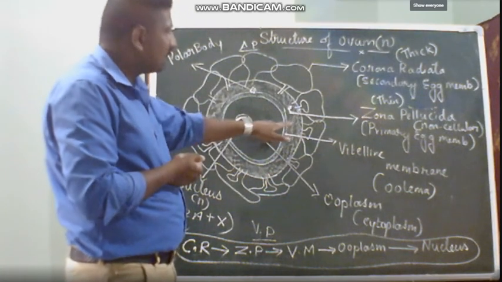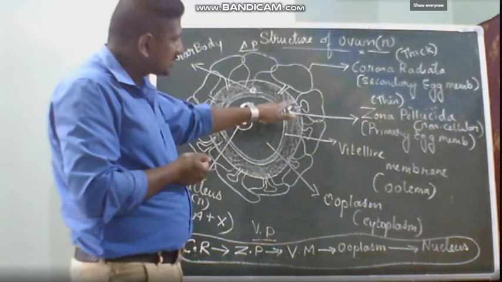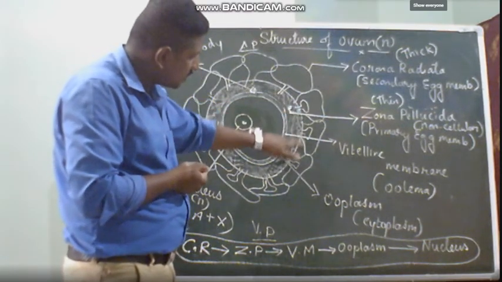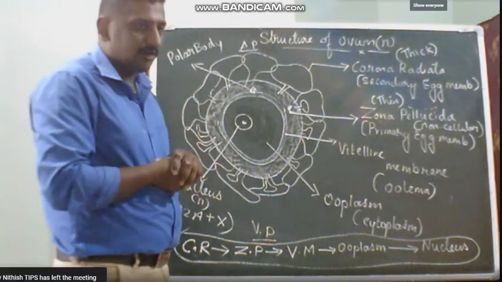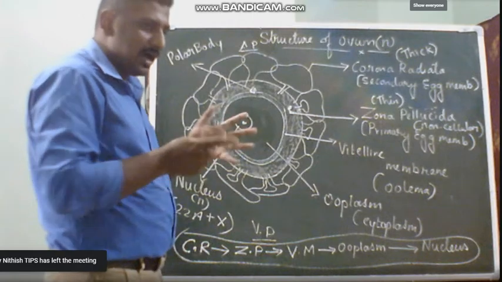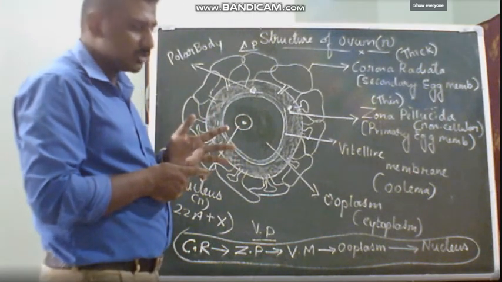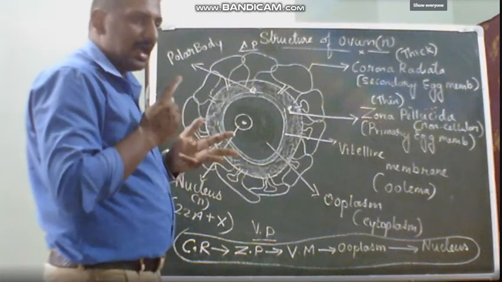Even between the zona pellucida and the vitelline membrane, we have a space, and here cells are embedded. Here also we have some small spaces. All this role I will be teaching you in fertilization events, which includes arrival of the sperm to the ampullary isthmic junction, arrival of the ovum into the ampullary isthmic junction, and amphimixis.